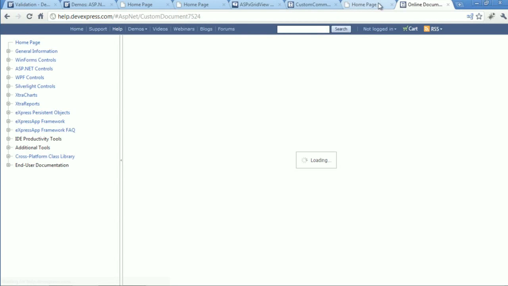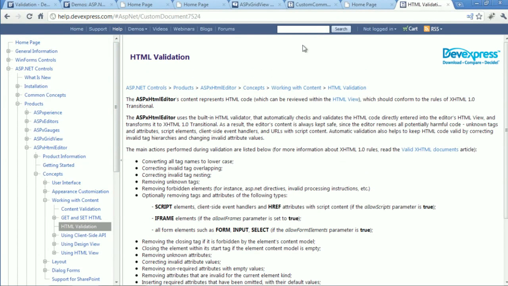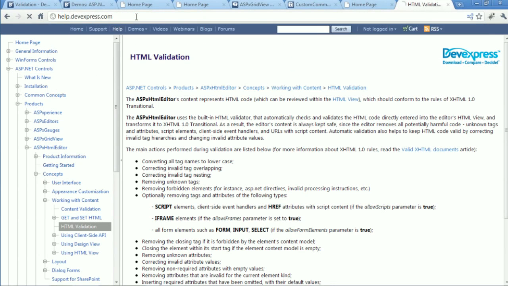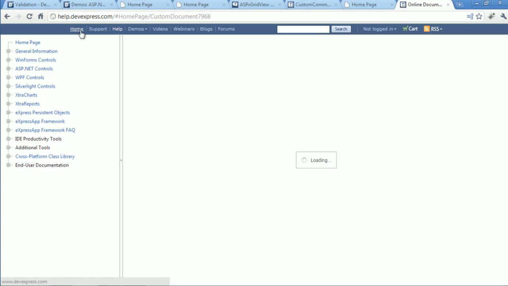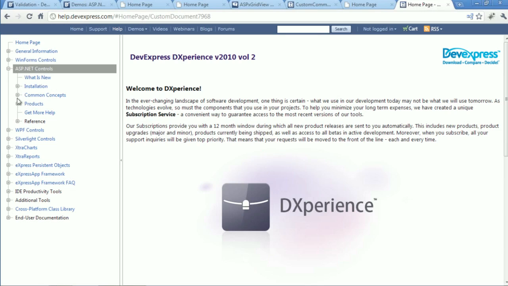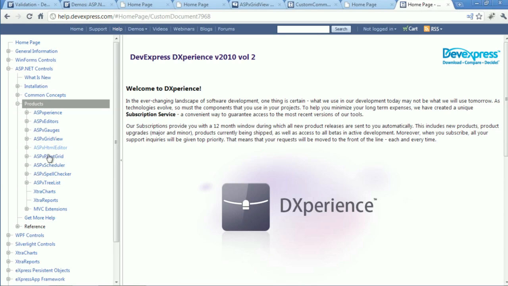Now, as I mentioned before, I highly, highly recommend, in fact, let me do that. Let me first just go to help.devexpress.com. Now, this is where you'll find documentation for all of our products. So if I go to ASP.NET Products, HTML Editor,